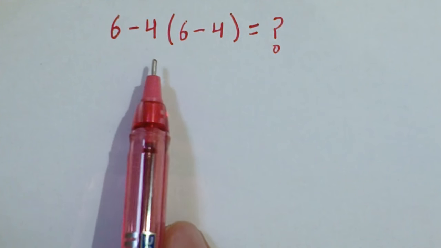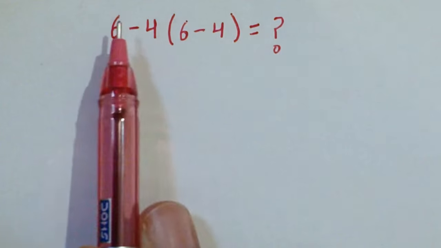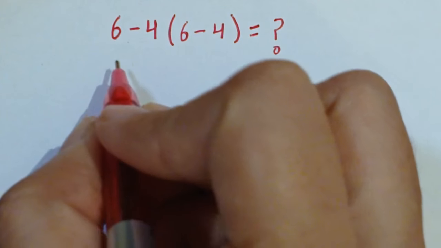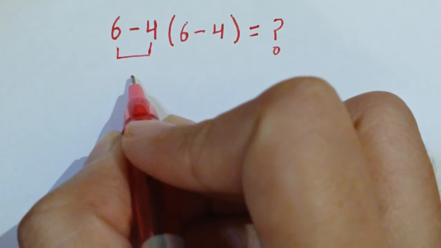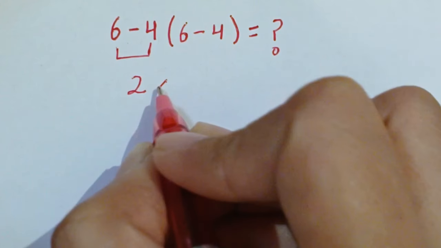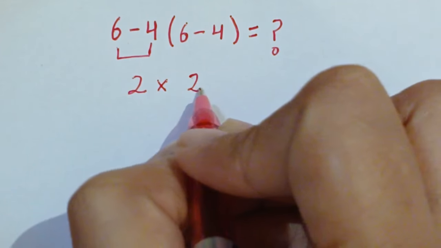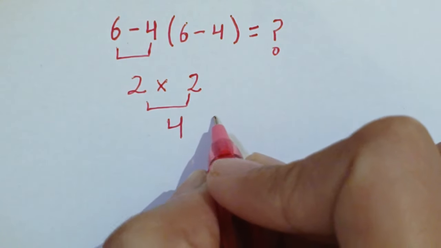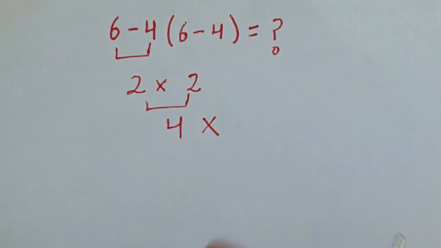So in this video we are going to find the value of this expression. So 6 minus 4 is 2. Then into 6 minus 4, 2. So 2 2s are 4. So this is the wrong answer because according to order of operation, which is